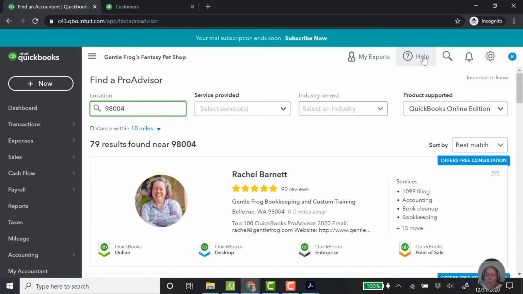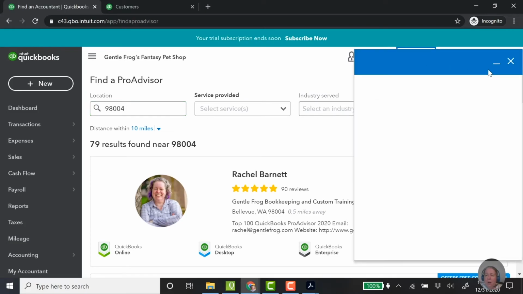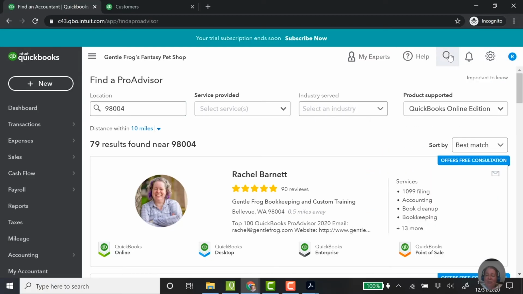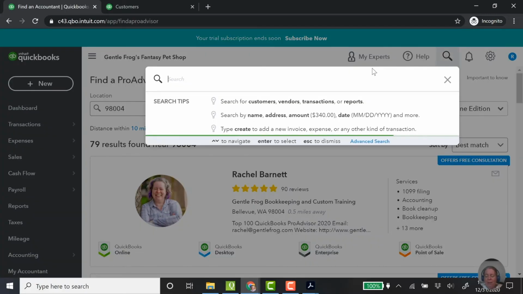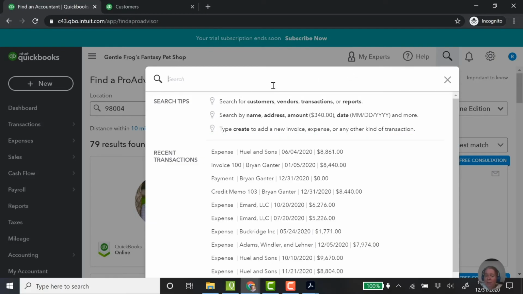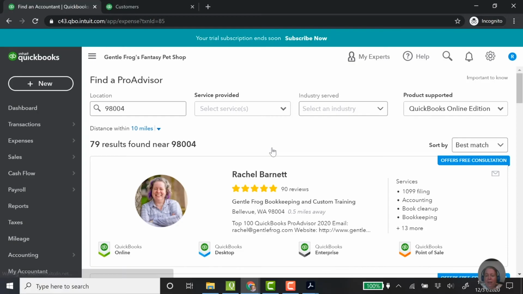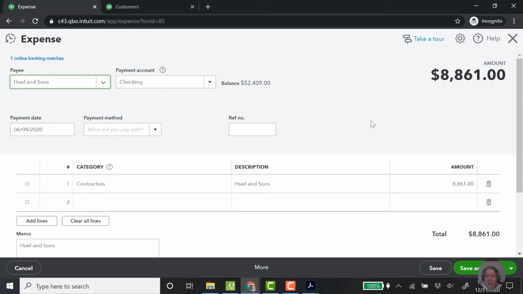Back to the menu across the top. When you search help here, it takes you to online forums within the Intuit network. I'm going to go ahead and close this. This magnifying glass in the upper right-hand corner is really nice. It's your search menu. And so it's the equivalent of Control F. You can type in something that you've entered that you're looking for, or your most recent transactions appear here. So for example, if I click on this, it'll open up that expense that I previously entered. And there's the expense. So that might be helpful if you save something and realize you forgot to add a memo, or you have questions, or you want to look at it again,